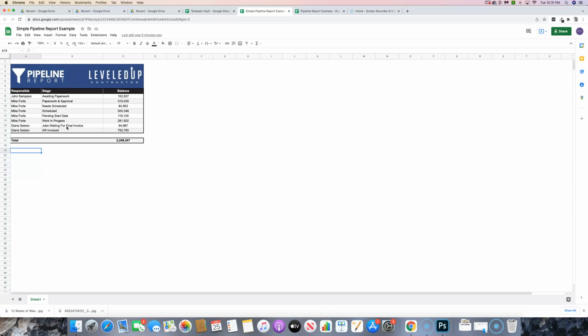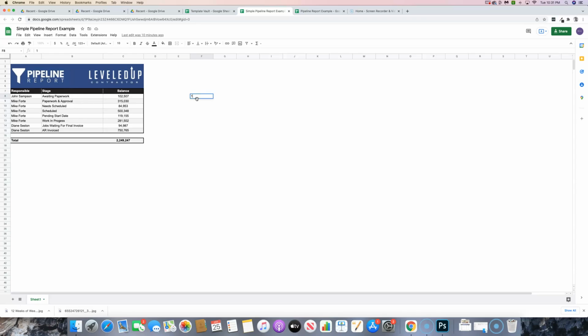And then ultimately, guys, we have our balance of everything that has been invoiced and the balance that is on those. So this is like your AR balance. And guys, this number here represents, at least the way that I like to look at it, is the remaining balance of those jobs. So for example, let's say that this is